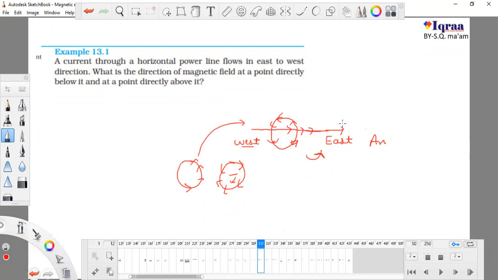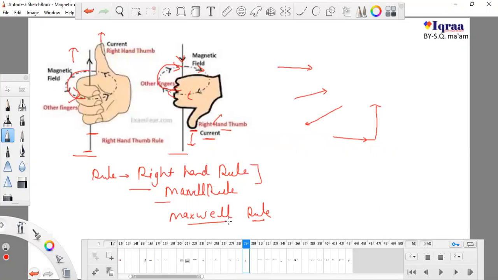Simple question. I just put the pen and I got the direction. So this direction is anti-clockwise, because it is moving like this, and the needle of a clock moves like this. It is 12, it is 1, it is 2, it is 3, and here we are getting this direction. So this direction is anti-clockwise. This is how we can get our direction, the magnetic field line. Don't forget that this is the right hand rule, also known as the Maxwell rule.